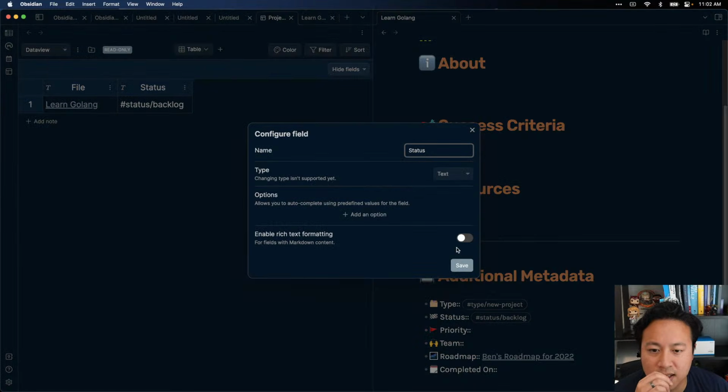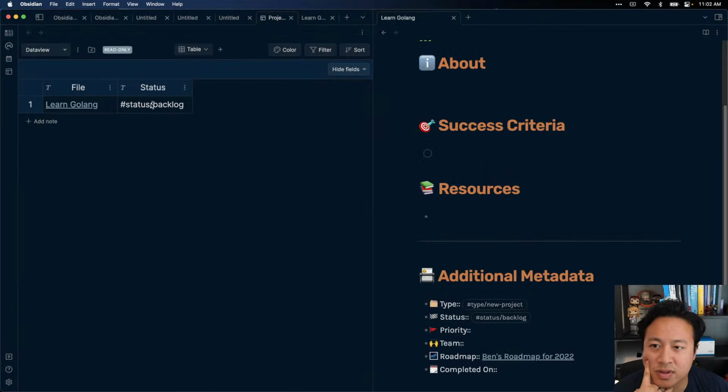So we can't change it yet because it's a text. Options to define field. Sure. So can we add more? Oh, I think I understand what that means now. That means that I can't. Okay, this is actually pretty good though. I am pretty happy with this because this means that if